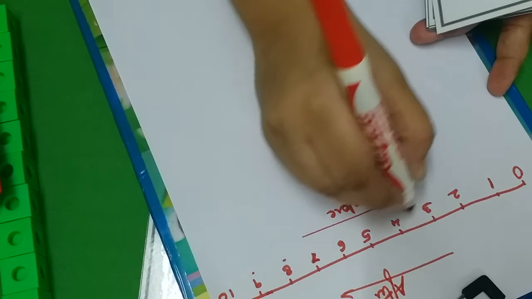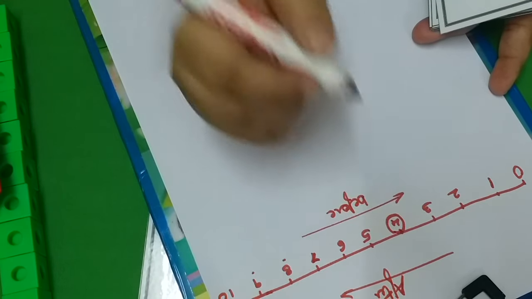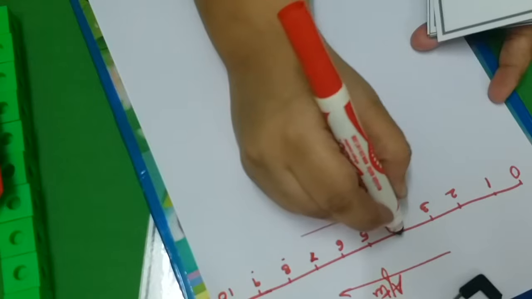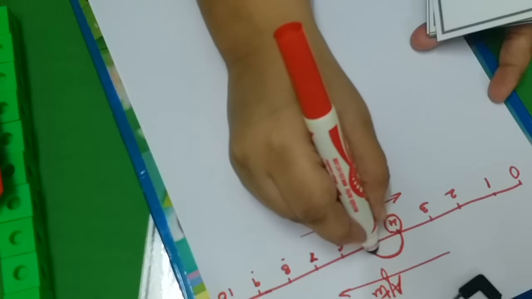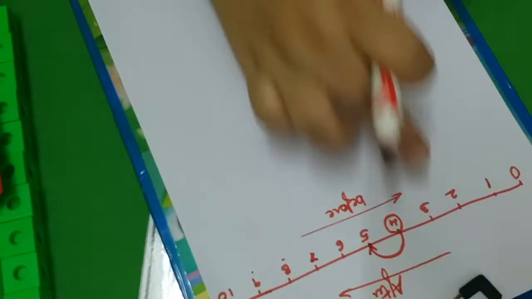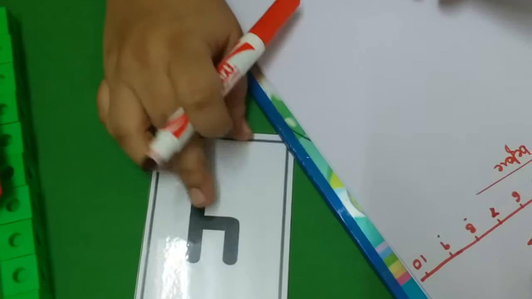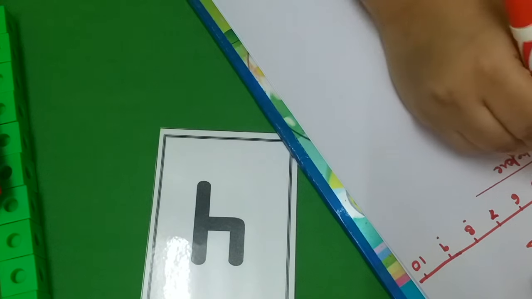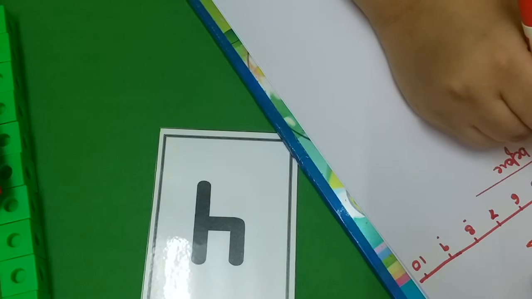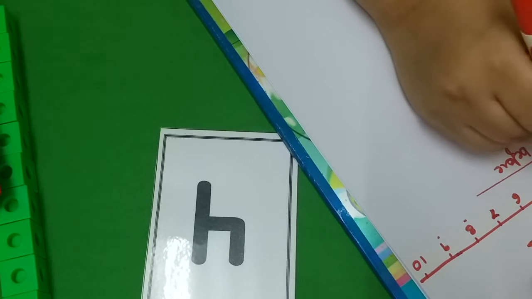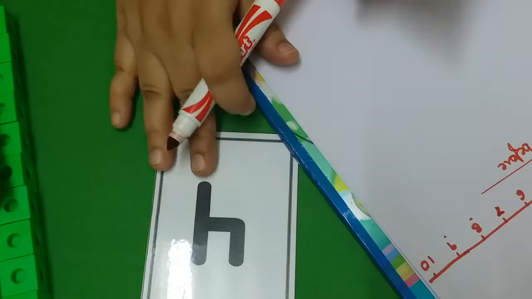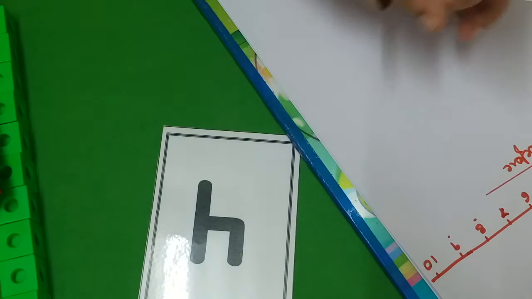So if you ask the child what comes after 4 first, the child will say after 4 comes number 5. So this is what comes after. Now for before, if you ask the same thing for number 4, what comes before 4? The child has to go to the left. So the child will say number 3. So what comes before 4 is the number 3. So through the number line and these number cards, you can explain it to the child.